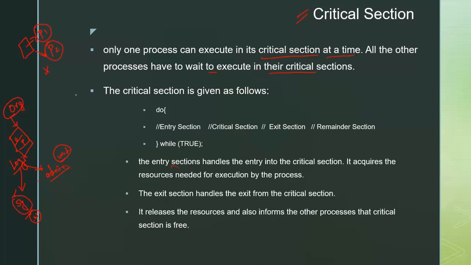Okay, what does that mean? The critical section is structured as follows. Once the process starts, it will go to the entry section, and then go to the critical section, and it will execute that particular statement. Then it will exit out of that critical section, and it will remind others that it has completed. And so while that is true, other processes can execute. So what does that mean?